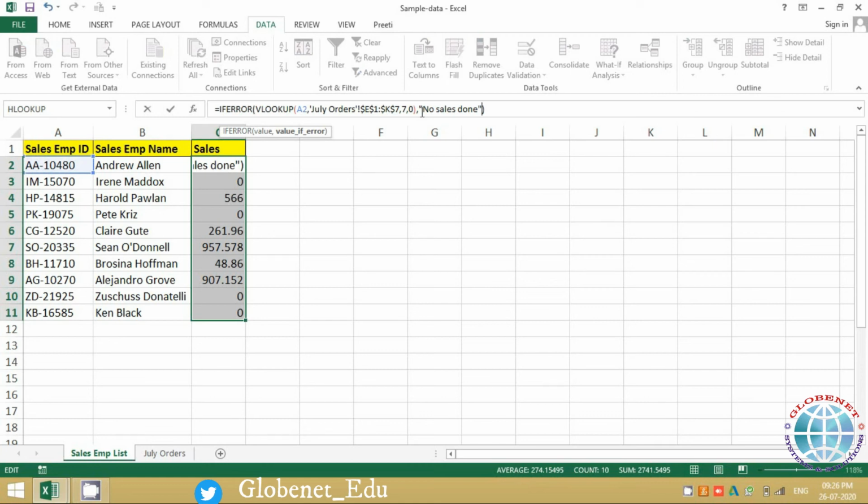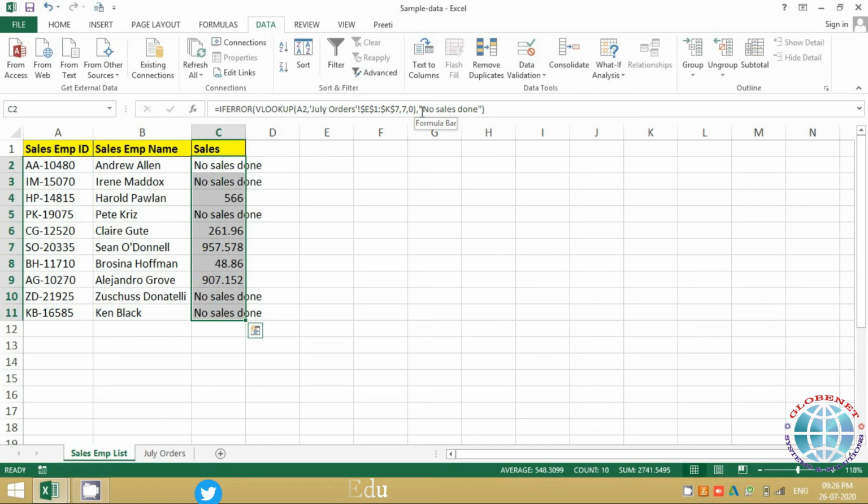What I did is I pressed Ctrl Enter. This is a shortcut which you can use when you have your range selected already. You do some changes in the formula, and instead of pressing enter and then dragging it, just do Ctrl Enter. It fills the entire selected list.